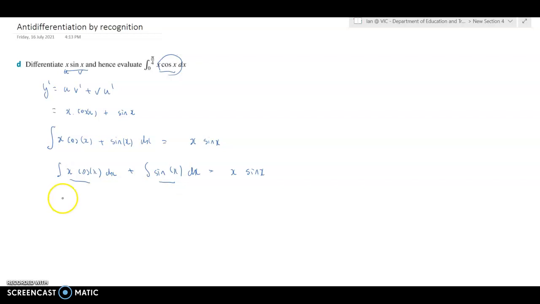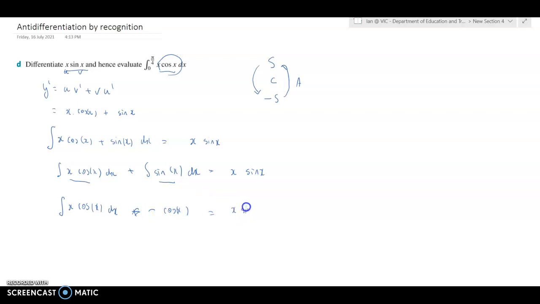So let's go ahead with it. That's going to stay as x cos x dx plus, now when we anti-differentiate, we remember our little code here, SC minus S. This tells us when we differentiate, sine becomes positive cos, cos becomes negative sine. So it also tells us when we go in the opposite direction, if we've got a negative sine and we're anti-differentiating, it becomes positive cos. So it changes the sign. The case here is that we start with a plus sine x, so when we anti-differentiate it, it becomes minus cos x